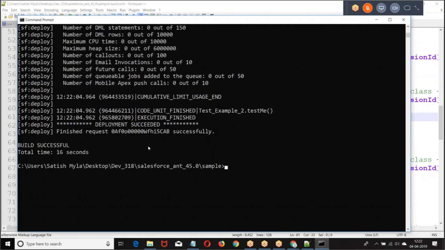So using ANT, generally in organizations, we follow ANT. Generally, an organization will go for ANT if it's a big implementation, a larger volume of implementation, or if they are using any version control. The inbuilt concept is change set, but the general practice is ANT. Generally people will use ANT for deployment. So tomorrow I will show once again from scratch.